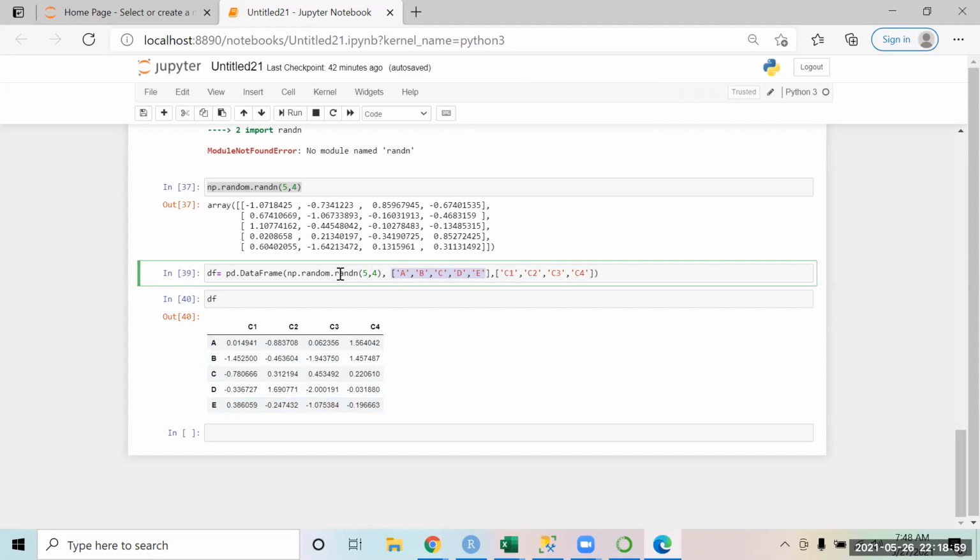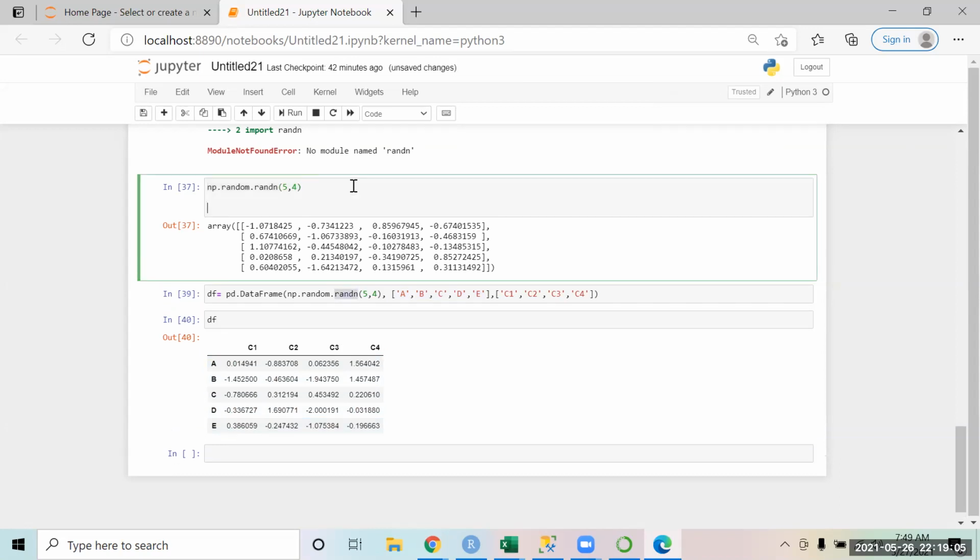To generate the random numbers, I was using a function called randn. Randn stands for random normal numbers, and it comes as part of the NumPy library. It has one module called random, and inside that module there are different types of random functions that we use. So I said that from this package I want to use this module, and this is the name of the function I would like to use. That is what I had written over here, the complete path.